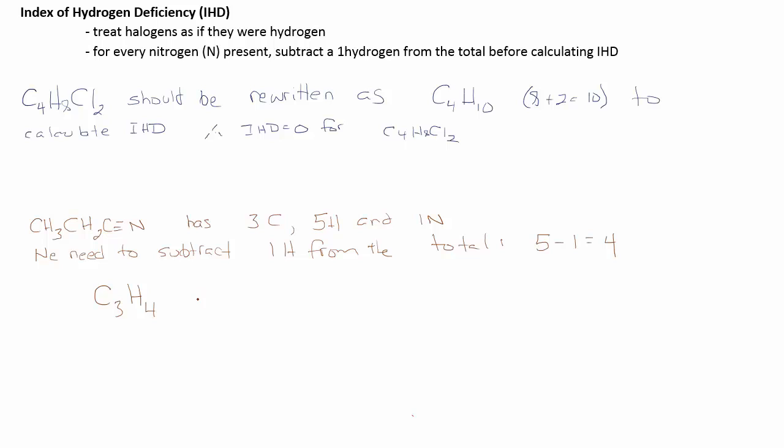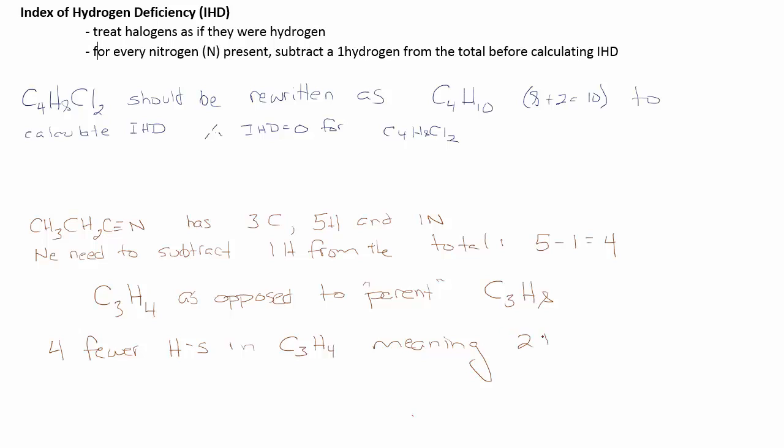All right, and then now what I'll do is I'll go and I will write what the ideal parent alkane would be here. It would be C3H8, following the 2n plus 2 rule for an alkane. So there are 4 fewer hydrogens in C3H4. Remember that for every 2 hydrogens, there was 1 double bond equivalent. So in this case, there's 4 fewer, so that means it has an index of hydrogen deficiency of